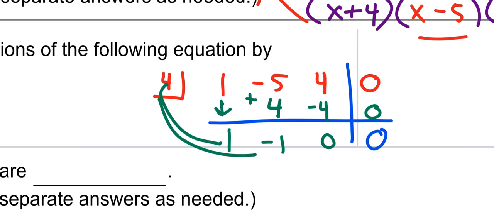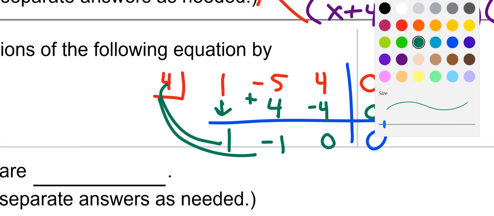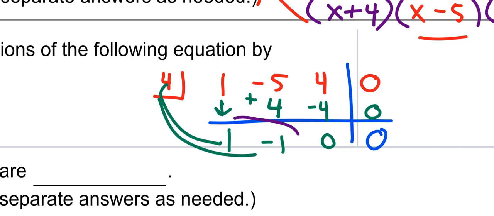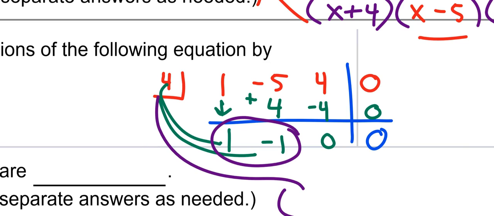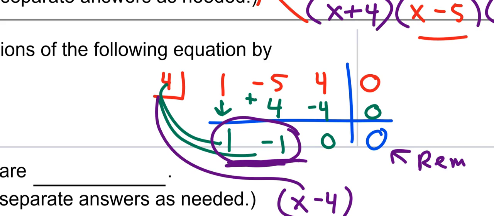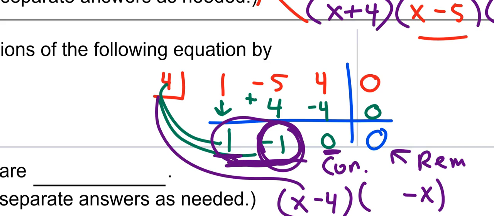Now, the reason I have it written like this, with the extra 0 column in, is so you understand what this is. Everybody should already know that's x minus 4 from the 0 that I gave you. The question is, what is this part that I just found? If this thing is the remainder on the right side, then the next one is the constant, right? Yes. What's after that? The linear term. And the next one over on the far left? The quadratic.